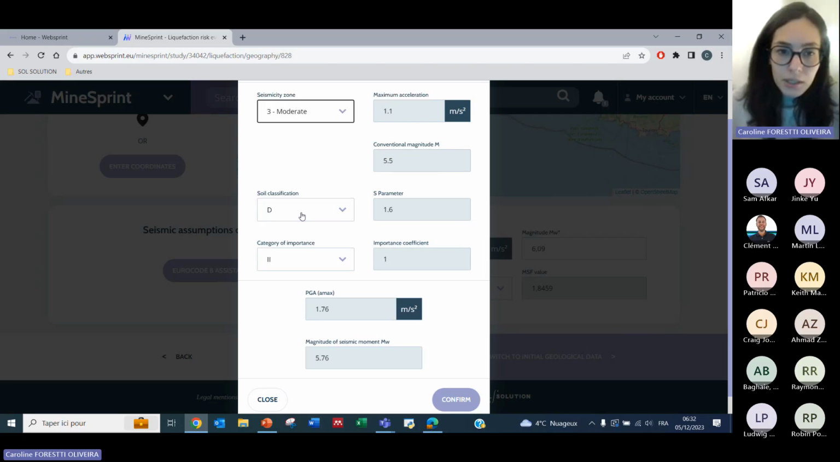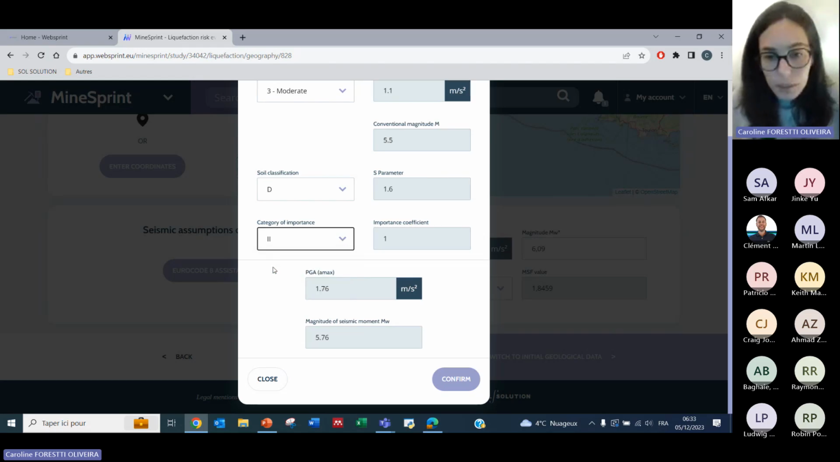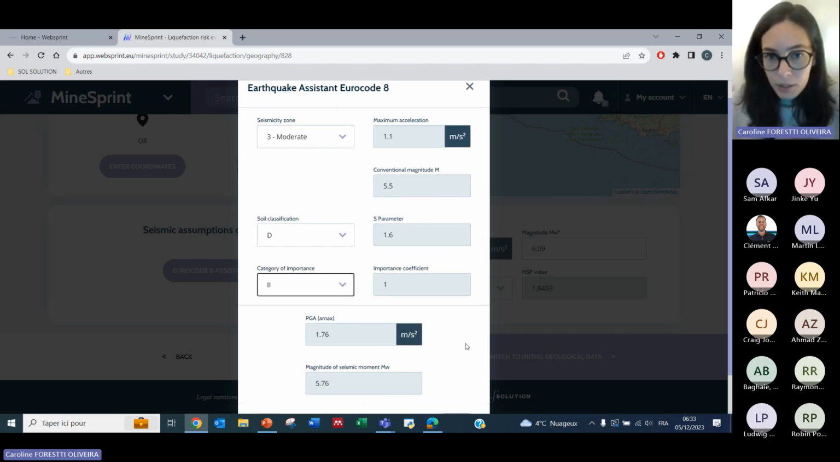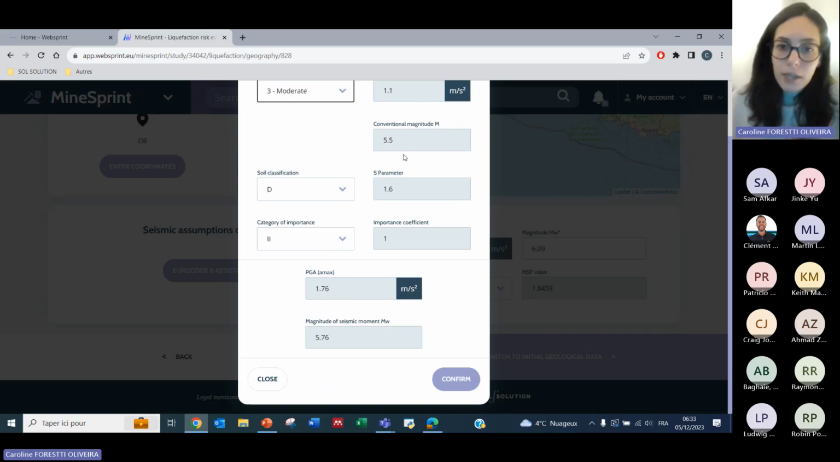ponderation coefficients that are used in Eurocode, recommended by Eurocode 8. So the soil classification, and then the characteristic of importance of what you will be building in the site. Here it's only parking lot, so I'll be putting 2. And then as you enter this input information, it will calculate automatically the maximum acceleration, all intermediate parameters, so you can get the